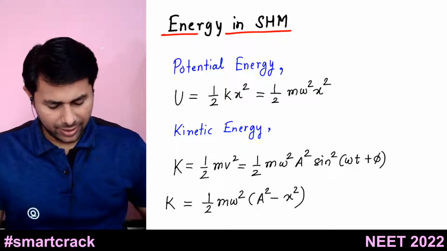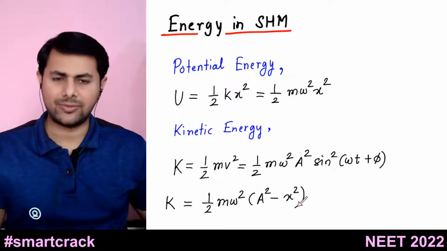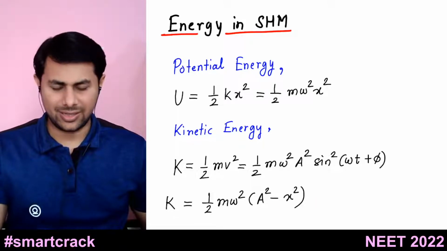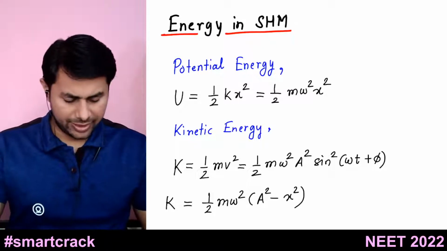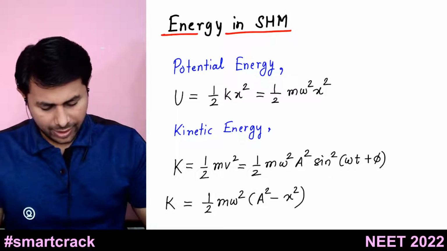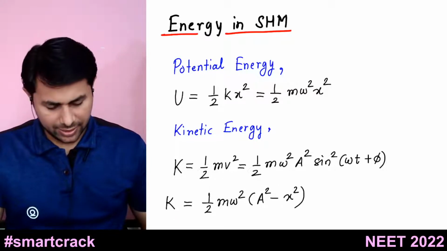So if you do that, you end up with this formula. So you get kinetic energy equals half of m omega square into a square minus x square, right? Half of m omega square a square minus x square, you get this formula. Okay, and if you add these two, potential energy plus kinetic energy, okay,